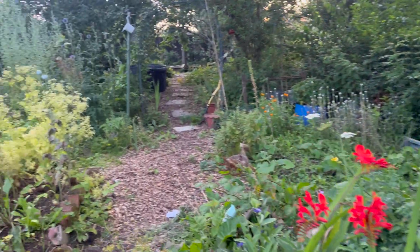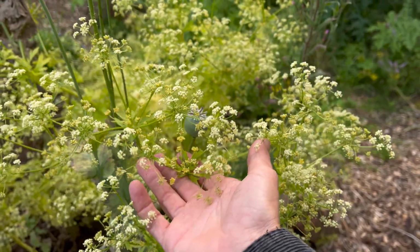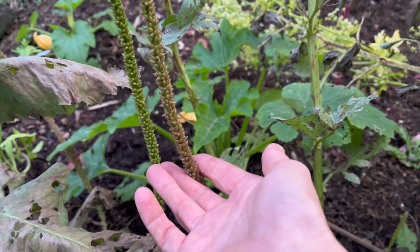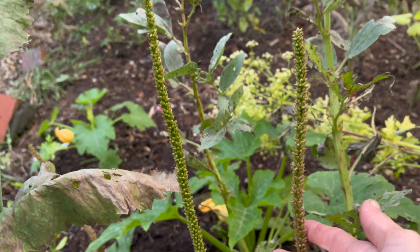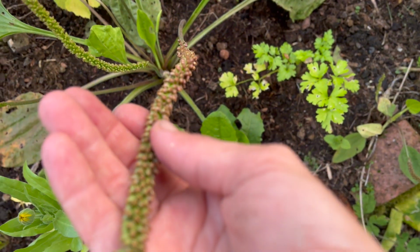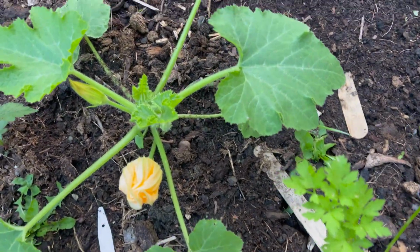And I've got one last bed just behind here. So this is all my celery that's gone to flower. Broadleaf plantain that's got some absolutely epic seed heads on them. Look at those. These are going to make some great grains. So I'm going to just let these dry a little bit more and then harvest these. But yeah, the last little bed to show you along here has got a couple of squash in it, a couple of courgettes,